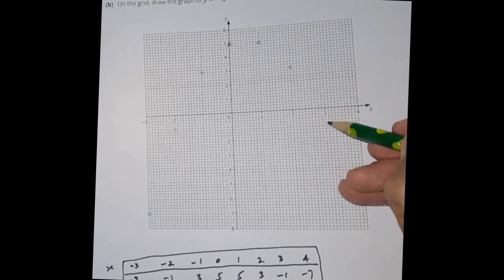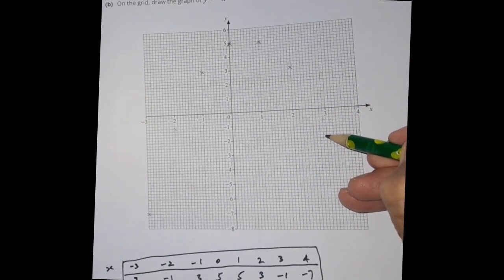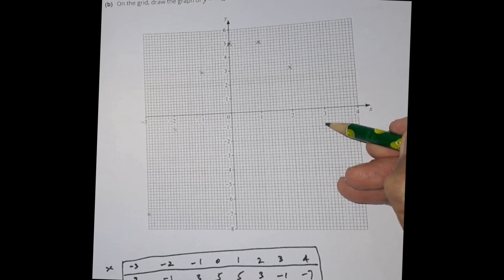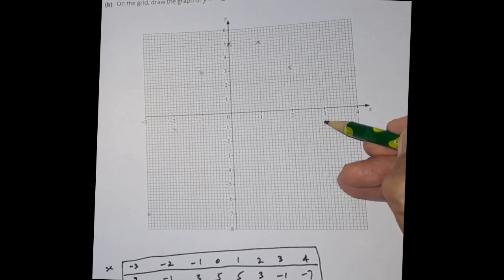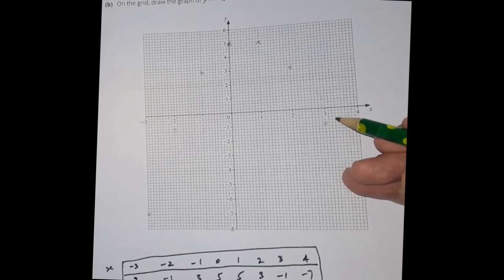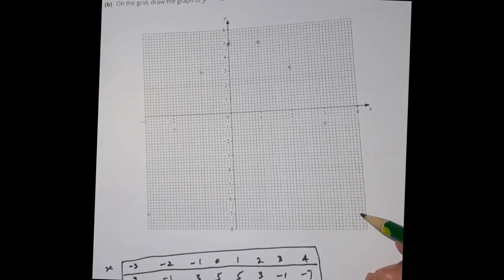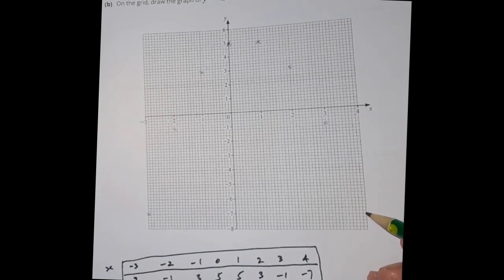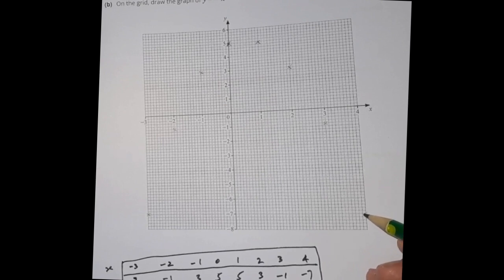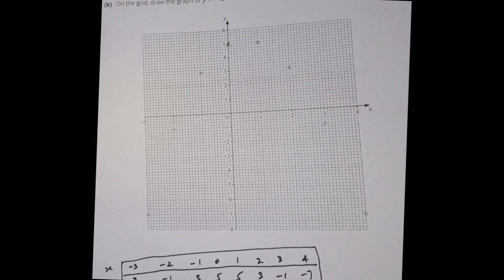3 minus 1 is going to be here, minus 1 is here, 3 minus 1, okay, and 4 minus 7 is going to be here, this point. So we have plotted our points on the graph, and draw the graph of this means that we have to